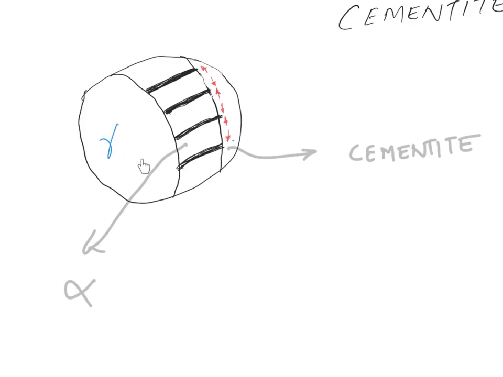This is the mechanism of pearlite microstructure formation that I'm showing here. Here you have the gamma austenite, the parent phase. These are the product phases, this is the cementite phase and this is the alpha ferrite phase. How it forms: as you can see, these red arrows denote the movement of carbon. It is moving towards the carbon rich area as it forms, towards these thin dark layers of cementite. This is how the diffusion of carbon happens, and this is how the pearlitic microstructure forms. The layered pearlite,